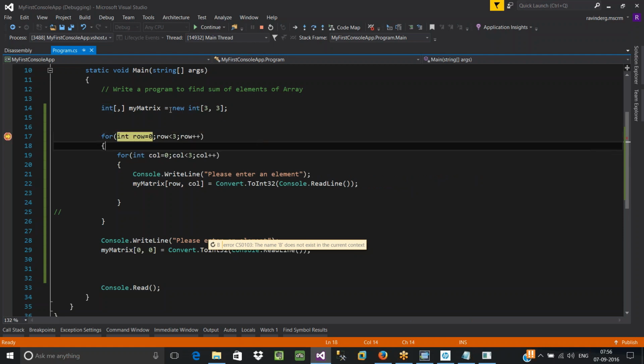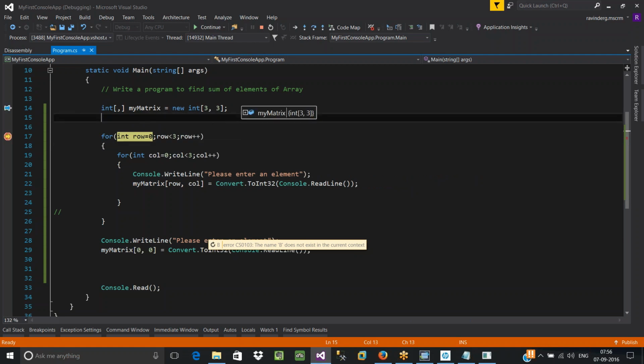See, let's keep a breakpoint. Let's pin it. Now we have just created empty locations.